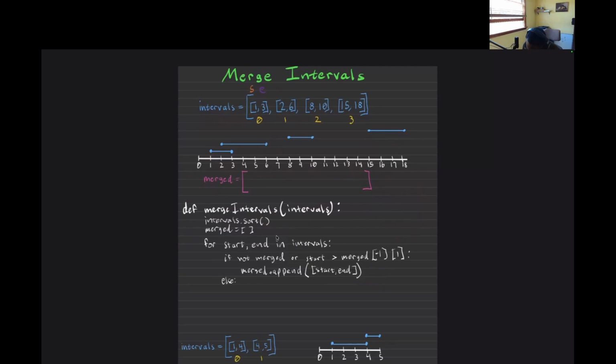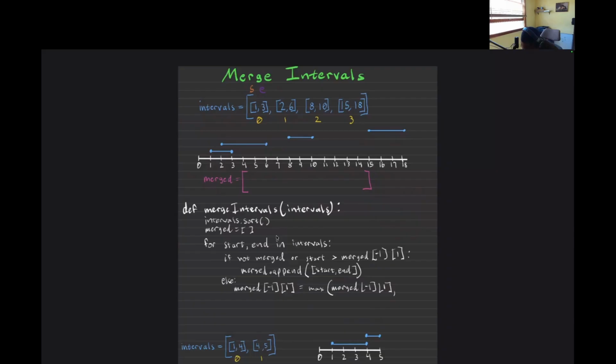Otherwise, we have an overlap. Look at this overlap here and here. That's what they're overlapping. Otherwise, we're going to just say the last tracked end timestamp of merged is equal to the max of itself,